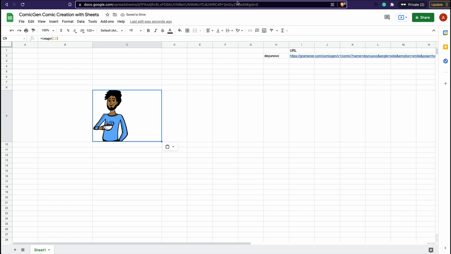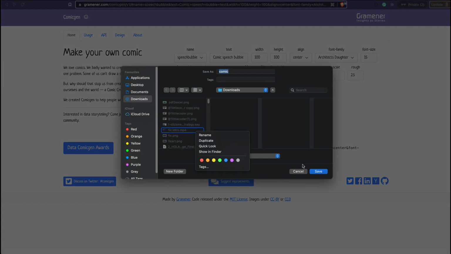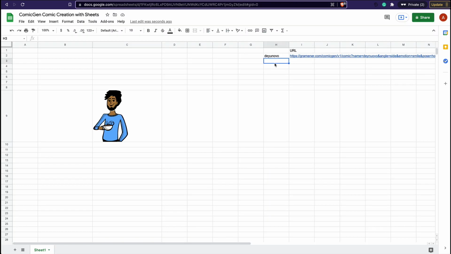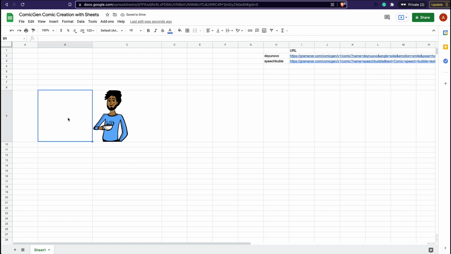Now I'm going to go back here and go to my speech bubble, and I'm going to calculate. I'm going to get my speech. So in this case, this is basically what I want. I think everything looks fine. So I'm going to copy this link png. Oh sorry, I want to save it. Just right click, copy the link address, come back here and then say speech bubble. I don't have to say this, this is just for my reference. Okay, now I've copied the speech bubble and I'm going to say equals image of